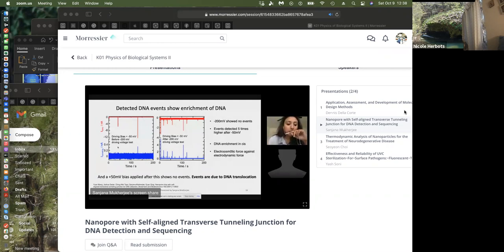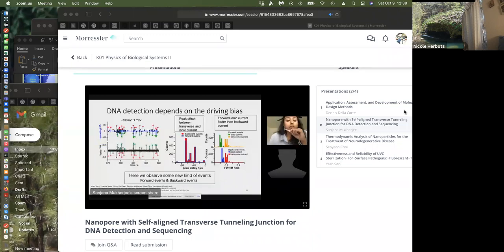And going back to positive 50 millivolt, after this, we see no DNA events. So we are sure that the events we see are because of DNA going from the cis to the trans chamber. And then lastly, we see another